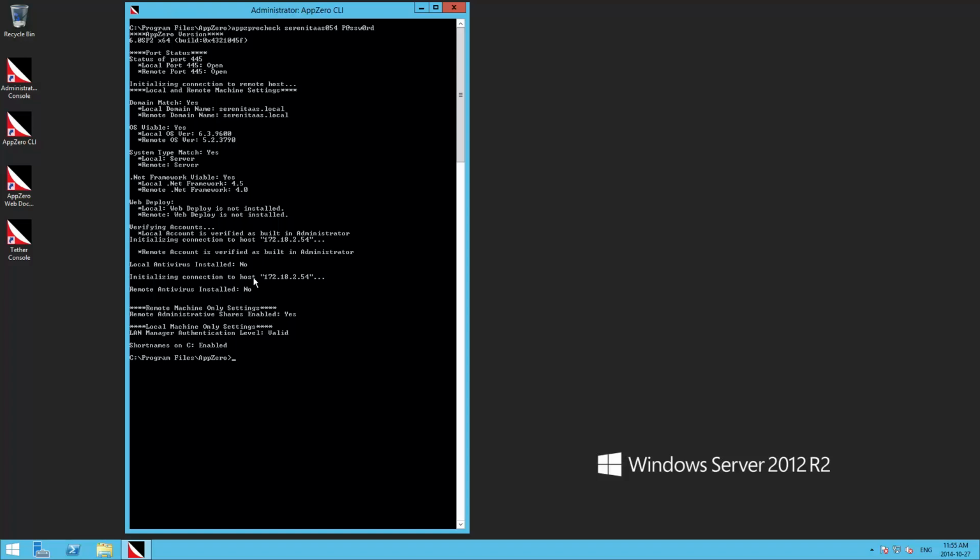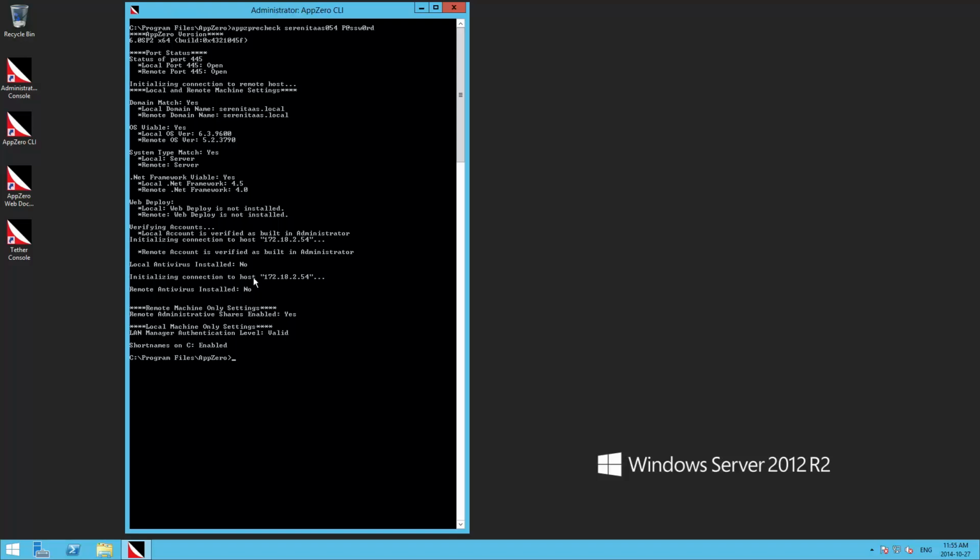Antivirus software can cause a lot of problems, as the pure essence of the AppZero program is going in and really digging down into binary files. Most antivirus programs would look at that as an attack on the system and try to prevent anything from happening there. So it's better if you can have them shut down. It's definitely not a showstopper, but it could cause a lot of problems in the process. But given a lot of environments,